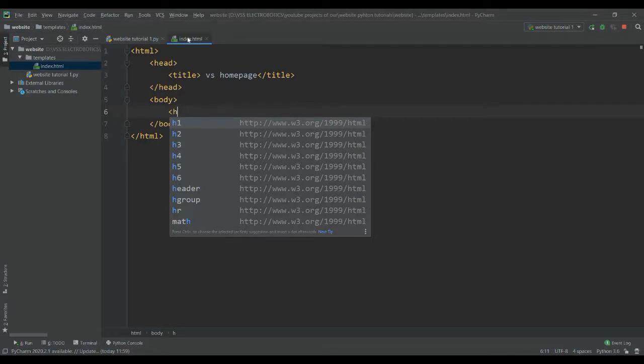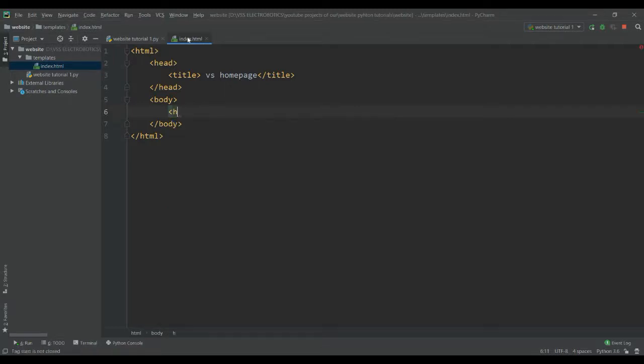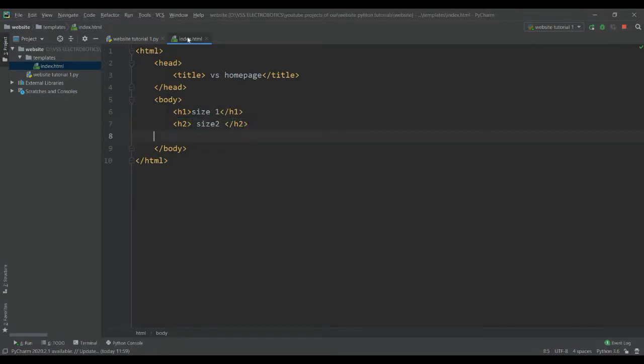Inside the body tag I am using the h1. h1 is the basic tag. It is for the size, for block letters, a big size of letters. Let's just make it size one. h2, I'm just showing you the demo of every size. h3, size 3.